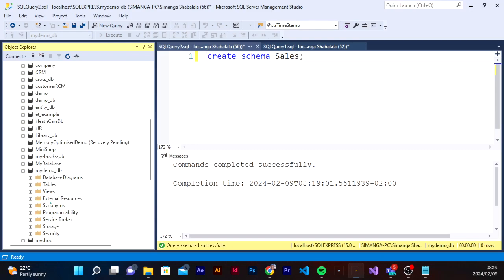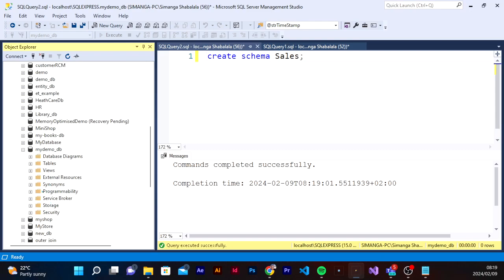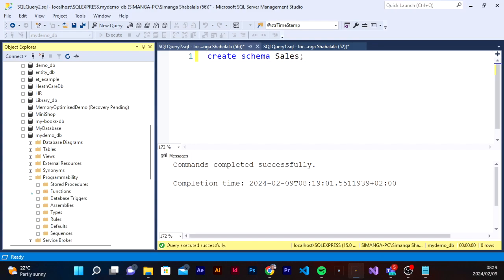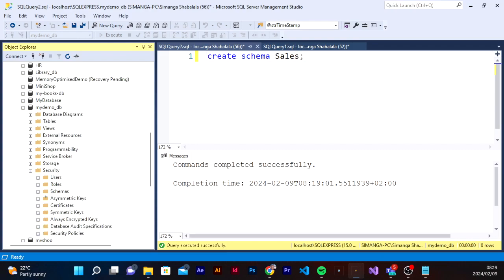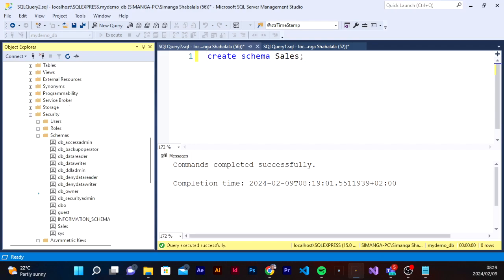So the schemas will be under programmability, and then no, it's not programmability. I think it's under tables. Actually, no, it's under security. Sorry, it's under security, and then schemas, and then we can see that we've got a schema called